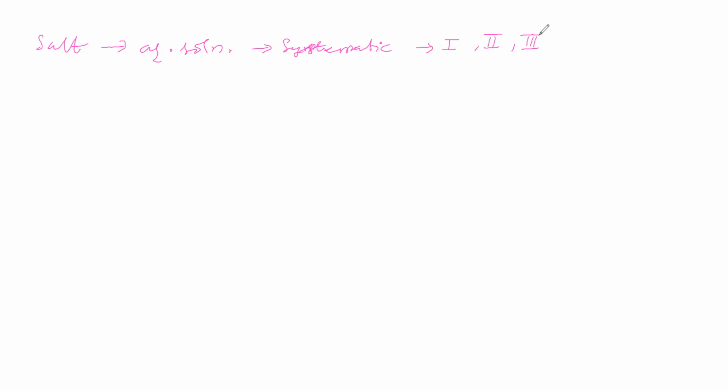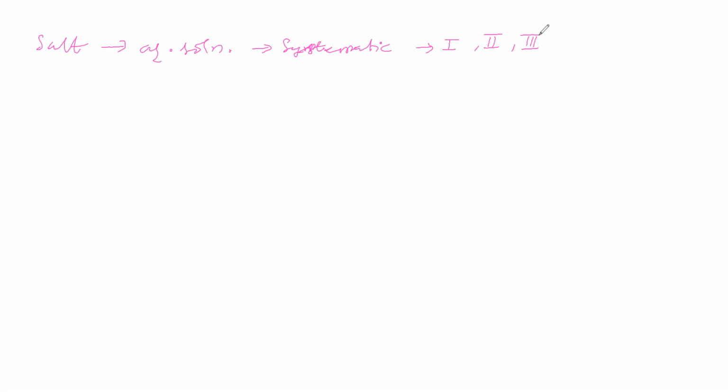If group 1 cation is not present, we get a negative result in group 1. Then only we have to go for group 2, otherwise no. Suppose we get a precipitate in group 1, a positive result, then we should not go for group 2, group 3 like this. If the salt is a simple salt, and simple salt means only one cation is there, and in group 1 we get a precipitate, we should not go for group 2 and so on. If the salt is a mixed salt, then we have to do it another way.